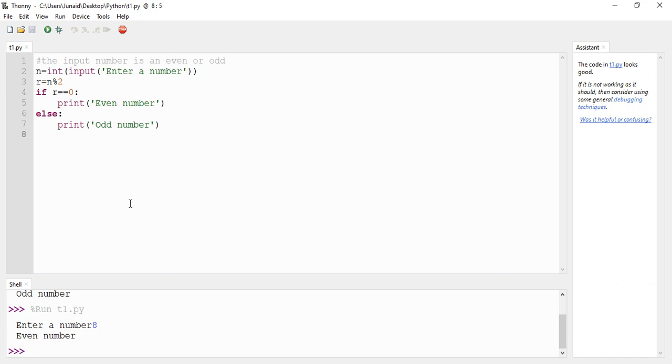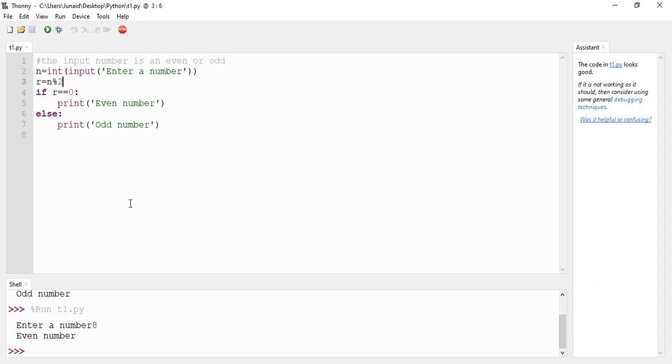So today we have studied conditional programming. This is called conditional programming. And in conditional programming, this first program was made to check whether a number is even or odd. In the next video, we are going to discuss more about this if and else, but with different problems. I hope you understand. Let us make one more program.